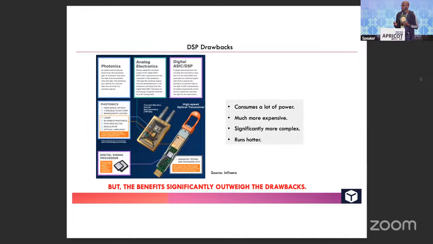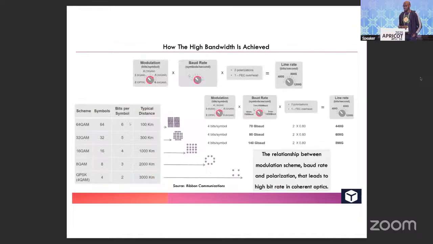What's happening now, though, is that the SFP-DD, which is the same form factor as your standard SFP, SFP Plus, is now able to do 100 gig. So you can now fit 40 to 48 ports of 100 gig in a chassis. But with QSFP-DD, you probably have that down to half, if not a quarter. And just the sheer amount of heat that's generated is significant. But all that said, the benefits still outweigh those drawbacks because coherent is just leaps and bounds much more ahead than the previous technology. So if you look at a practical example of how coherent works, so you essentially take